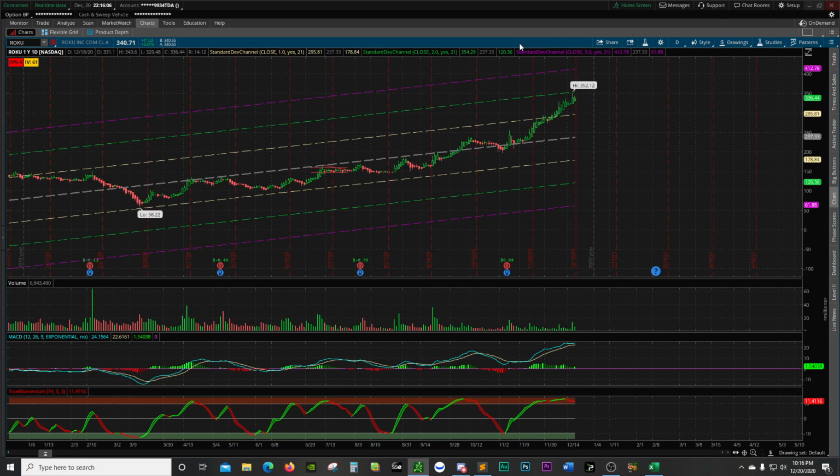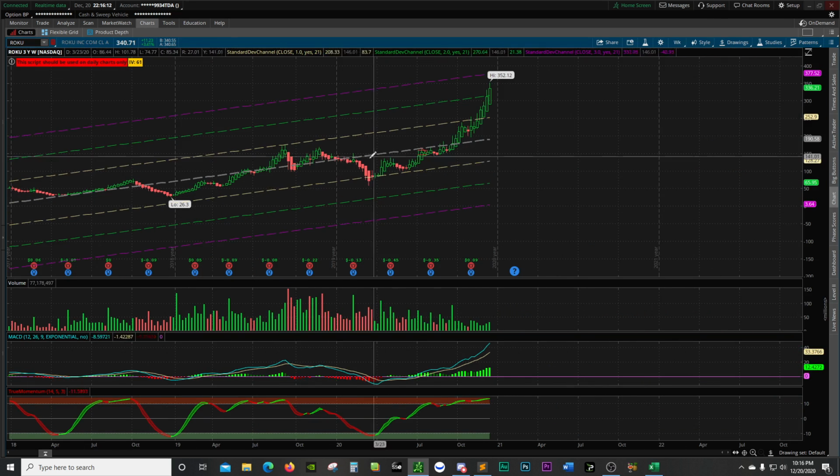Let me go a little bit further out so I can explain it a little bit better. So as you can see, starting in January, for Roku specifically, it starts falling. Even before COVID, this candle right here, it's like the last 2 weeks of February. Last week or 2 weeks of February is where COVID really started hitting the mainstream media, and then it started tanking. But prior to that, it was already in the red zone, right? As far as being bearish. So it was almost identical.